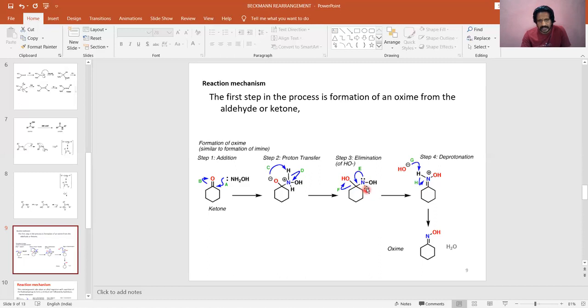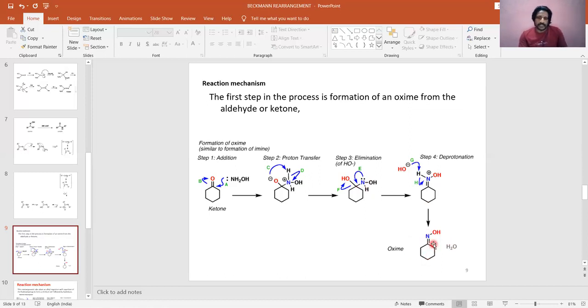So how it happened here: this pair of electrons is shifted here. When it shifted over here, this OH cannot exist here because carbon is tetravalent only. It has to leave this OH group. So OH will go out, but that leaves a plus charge on nitrogen. In order to compensate the plus charge, this OH will abstract this hydrogen also. So that's what we saw in the last case also. We will get C double bond NOH, simply the elimination of OH and H from here to leave C double bond N and OH. Okay, so the first step is complete.